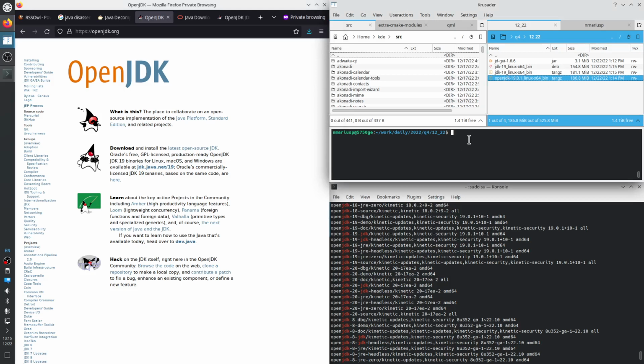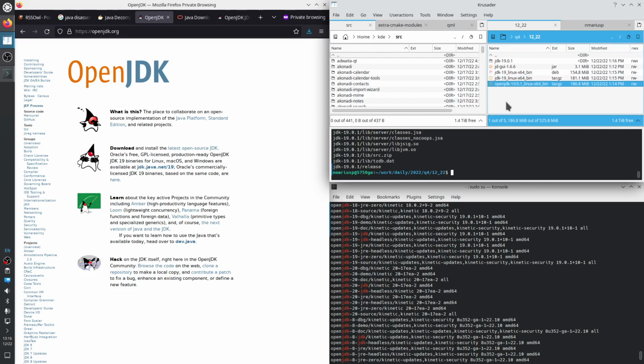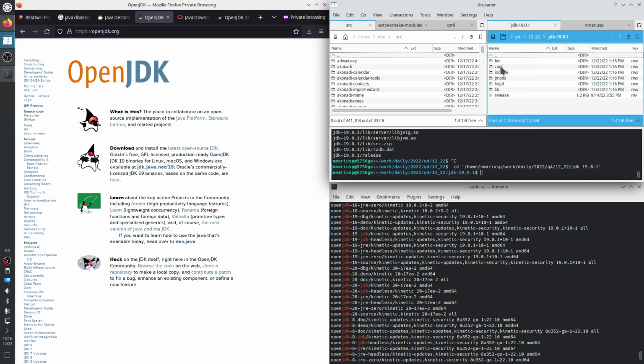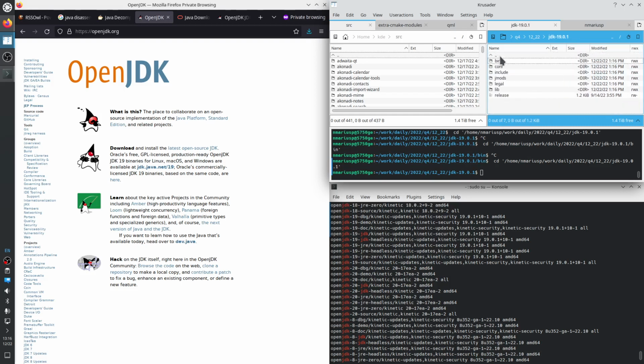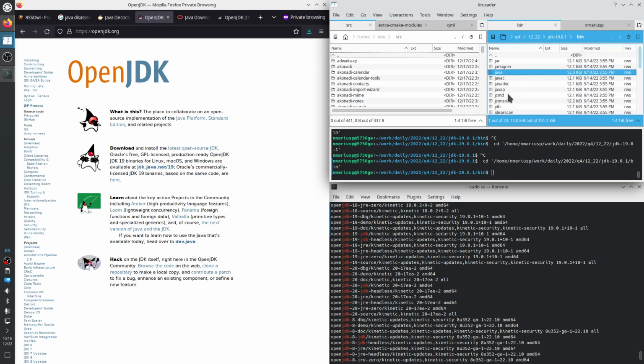So let's see how such a tar.gz file looks like. Extract. Okay. So this is how a usual Java JDK looks like. There's a bin directory, there's a java which is the runner, javac which is the compiler. Okay, so let's see if we can use this thing